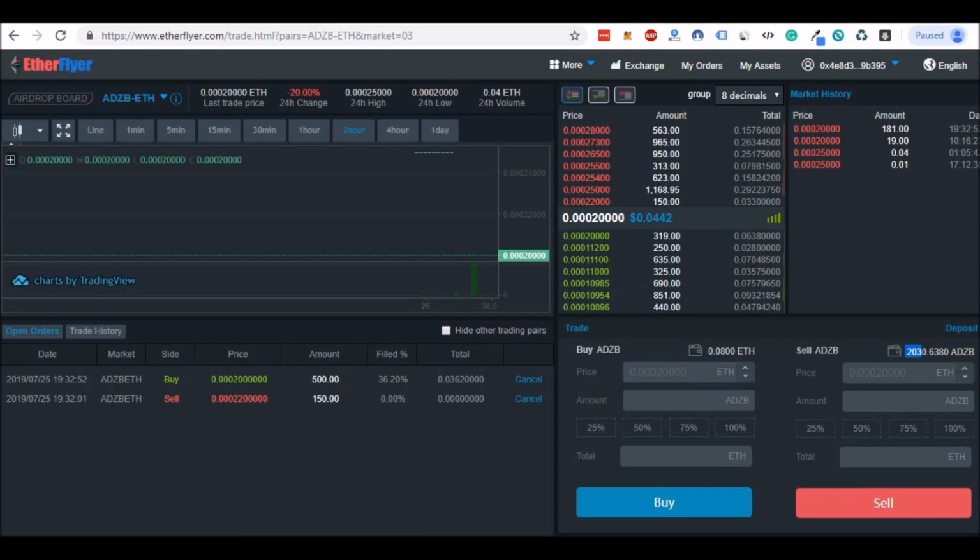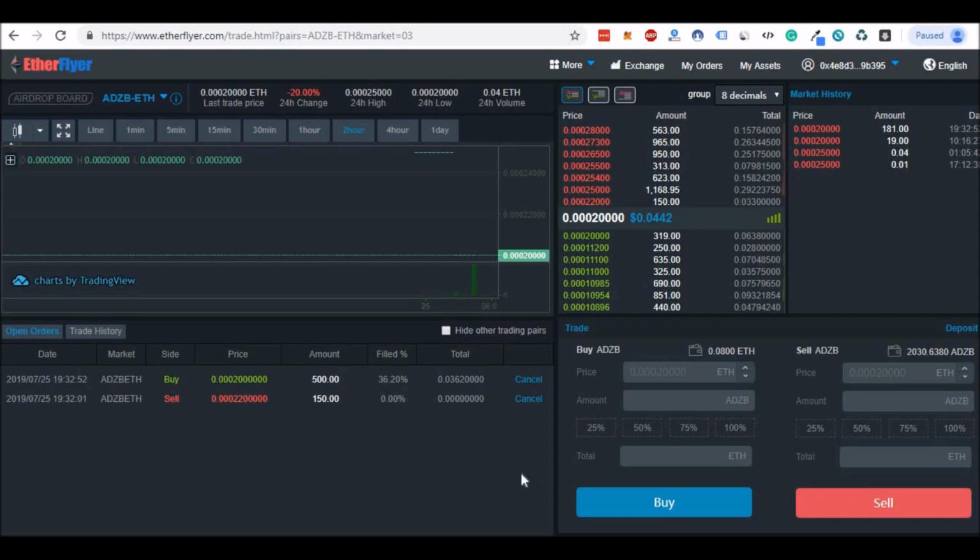So if you would like to sell your AdsBrick token, put the price in Ethereum amount, then click sell. If you would like to buy, you must have Ethereum as I have. Put the price at which you want to buy, amount of tokens, and click on buy.